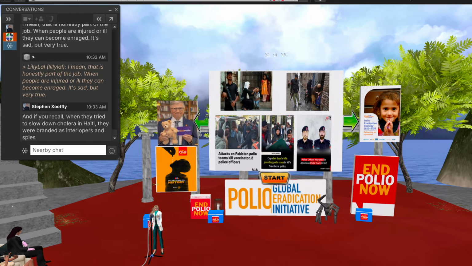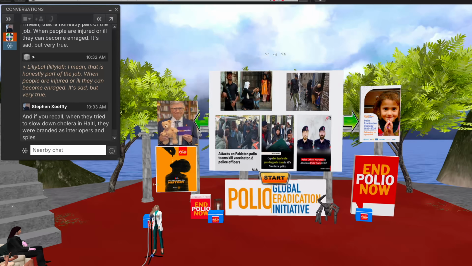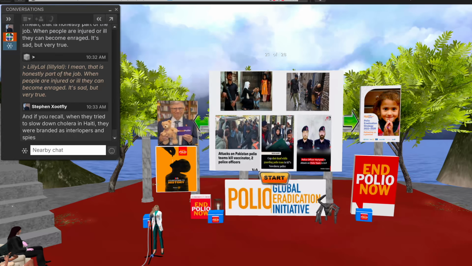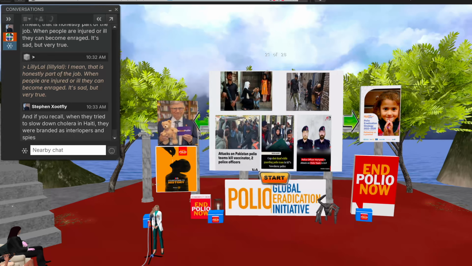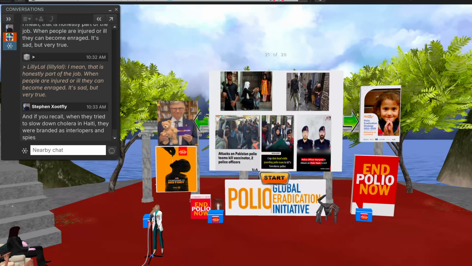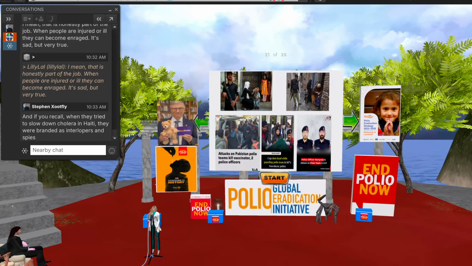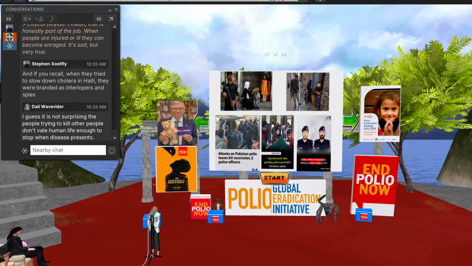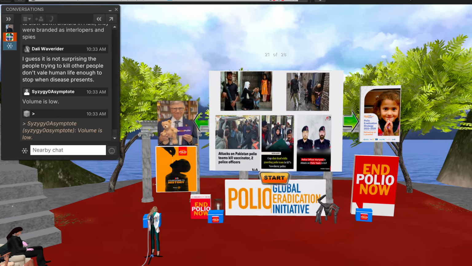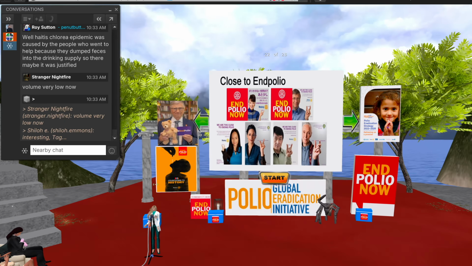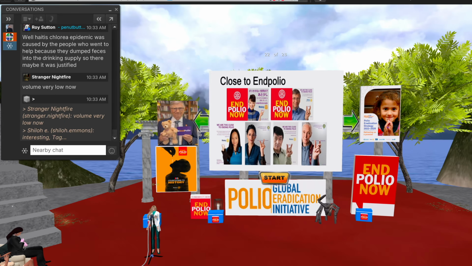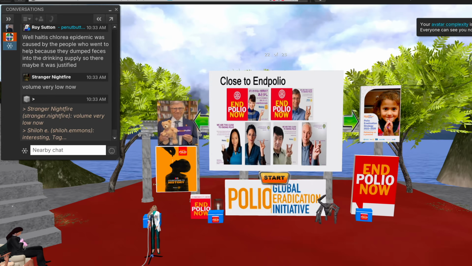Since the 1920s, more than 200 vaccination workers and the police officers protecting them have been killed in shootings and bomb attacks carried out by individuals influenced by such misinformation. Tragically, just a few days ago, 2 police officers lost their lives in another attack. Despite all these challenges, the world has come remarkably close to eradicating polio.